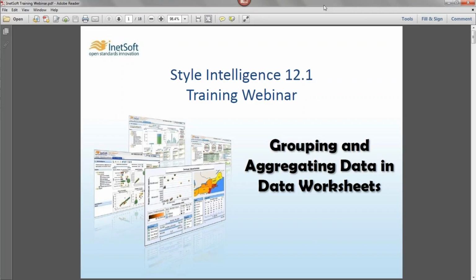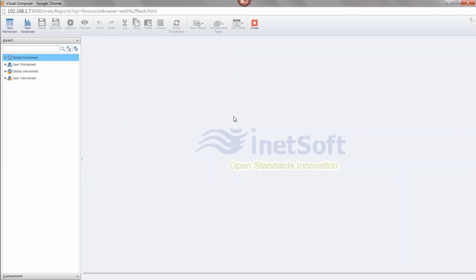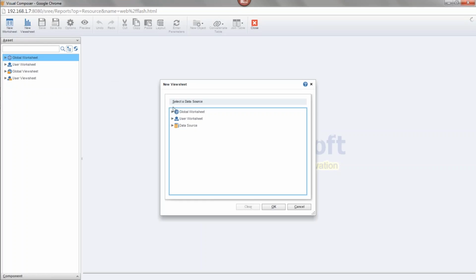Grouping and aggregation is something that you frequently need to do. But before we get to the couple of examples that I have, to illustrate how it's done in a data worksheet, let me close that, and hopefully everybody can see my screen. I have Visual Composer open here, full screen. The first thing I want to point out is that a lot of grouping and aggregation you can do in a dashboard, and you don't need to do it in the data worksheet. As an example, I'll create a blank dashboard here, a new view sheet